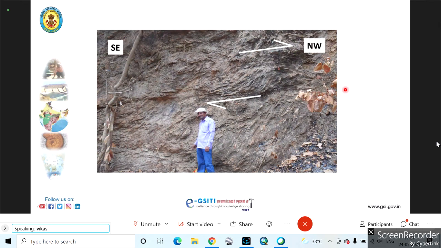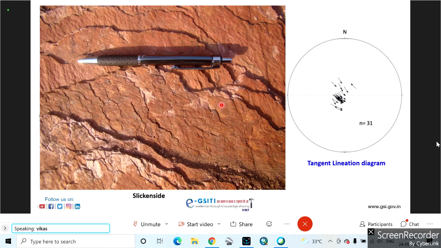And just below that, I was saying that shales were there. They're showing these SC fabrics. You can see large SC fabrics are present, showing this shearing. They indicate the sense of the movement. After this shearing, when you come further downward, you do not see any deformation in the shale part. Shale or the further bottom part, the lowermost quartzite, they are totally undeformed. Next, please.